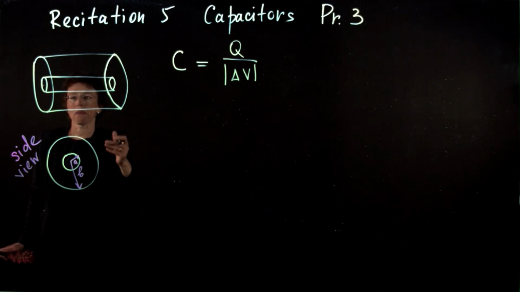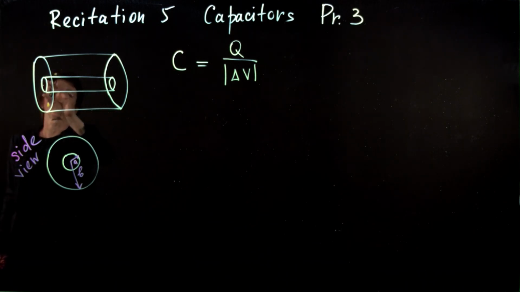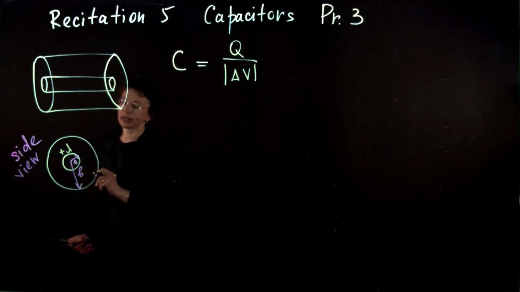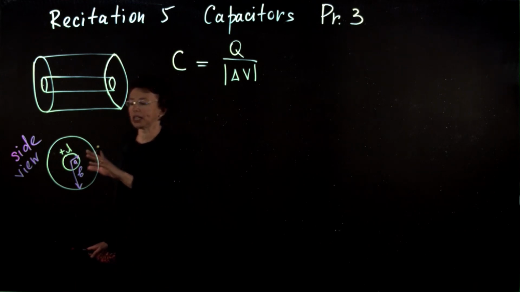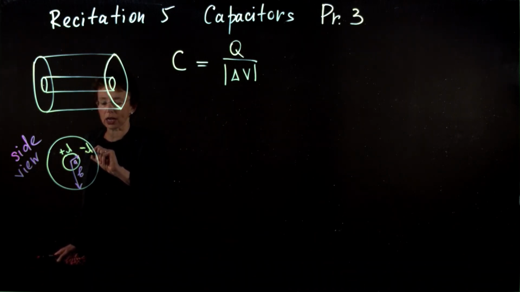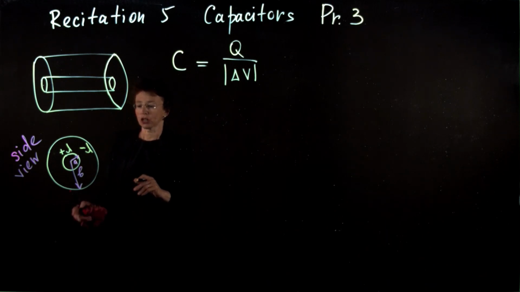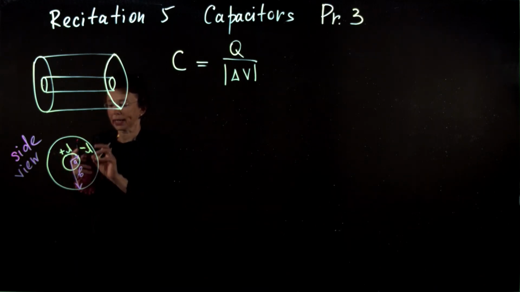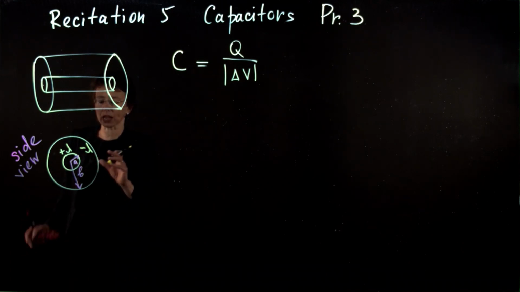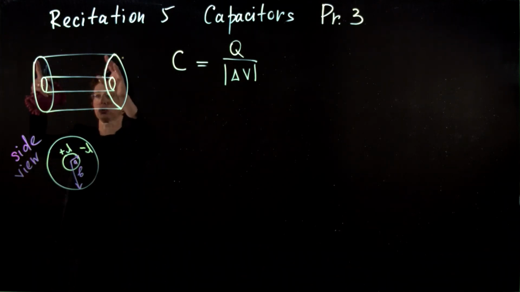So to find the capacitance, I will charge the inner cylinder with charge. I'm giving you lambda this time, where lambda is charge per unit length. And this outer shell will have induced charge minus lambda. So I will have two conducting plates, charge plus lambda and minus lambda, facing each other, two cylinders.